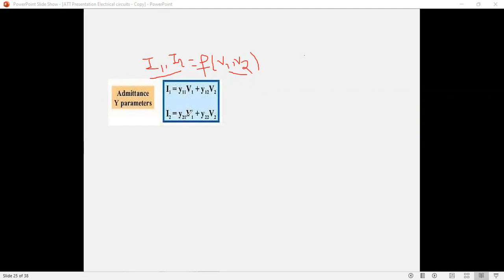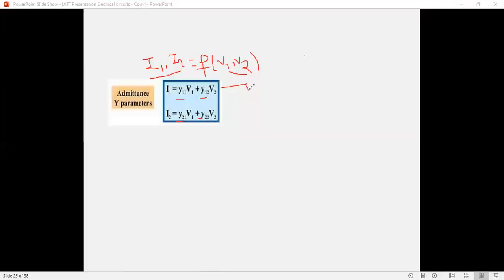Why is it called the short circuit parameter? The value of this parameter we will get by short circuiting any one of the ports. Okay, म्हणजे एक पोर्ट शॉर्ट सर्किट केल्यानंतर दोन पॅरामीटर मिळतील, नेक्स्ट पोर्ट शॉर्ट केले की दोन पॅरामीटर मिळतील. Suppose I have short circuited the output port, then we will get two parameters, and if I have short circuited the input port, then I will get the other two parameters. These can be represented by y11, y12, y21 and y22. So these are the standard equations of the Y parameter.